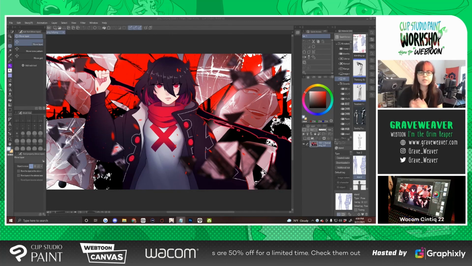Because think about it, right? If you add even one more detail onto your character, if that detail takes you an extra 5 minutes to draw on your character every single panel, that adds up to literal hours every single week, just adding this one detail onto your character. So you want to basically simplify your characters as much as possible to create an